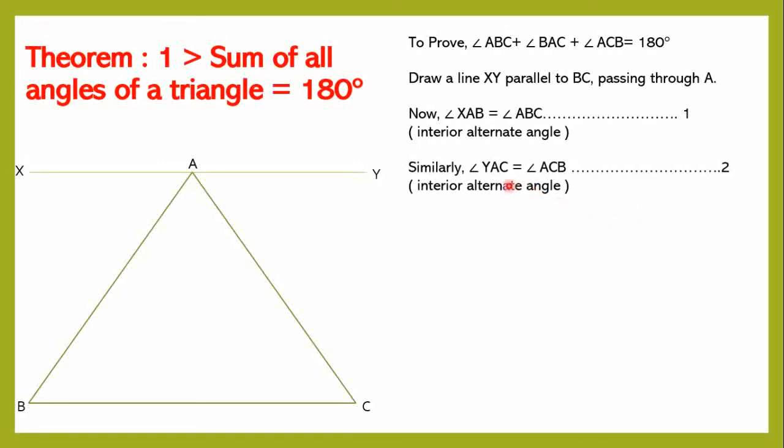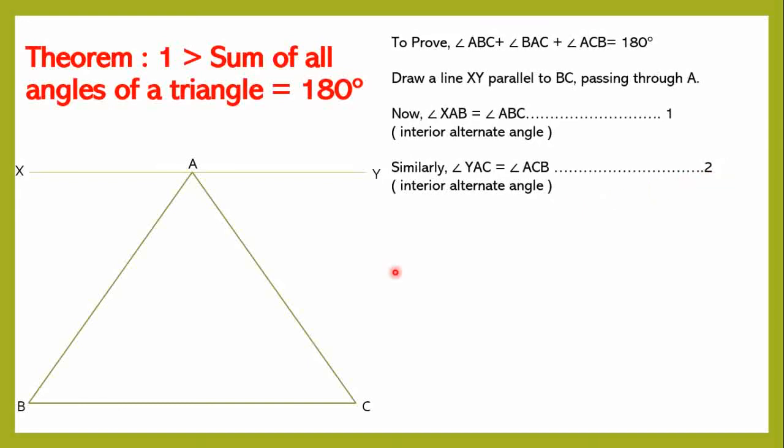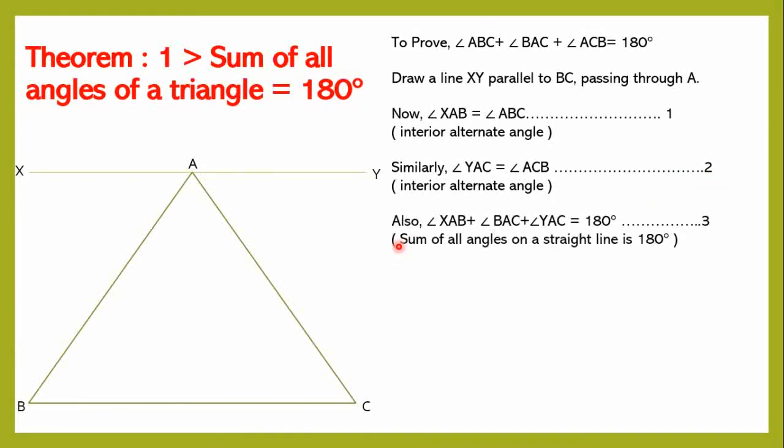Similarly, we have angle YAC, this angle, is equal to angle ACB, this angle. Again the same reason, interior alternate angles are equal to each other. In this case, again BC is parallel to XY, and AC is acting as a transversal line, right? So we name this equation as 2 and the previous one as 1, and also we have angle XAB plus angle